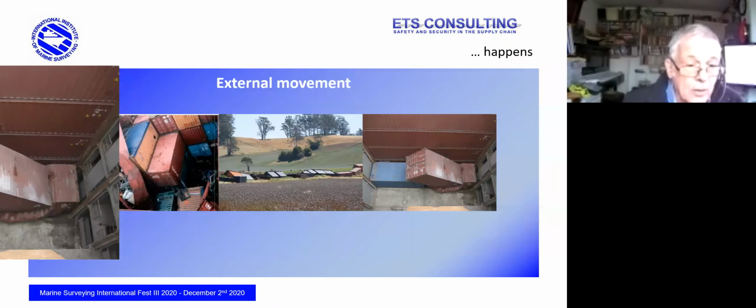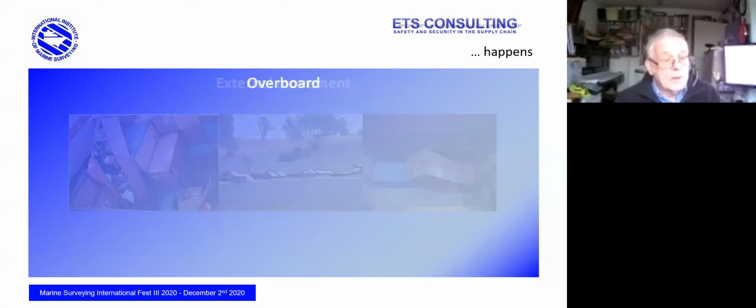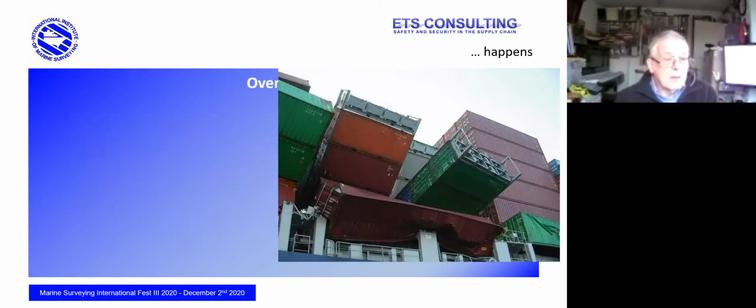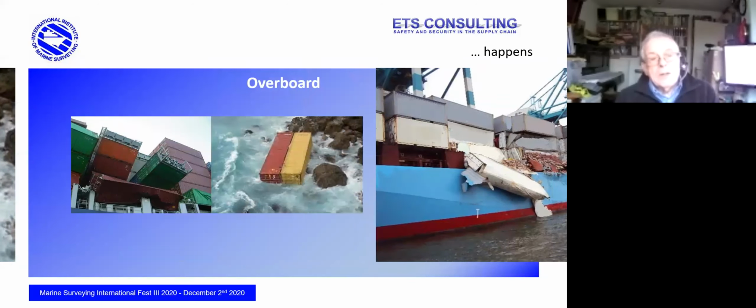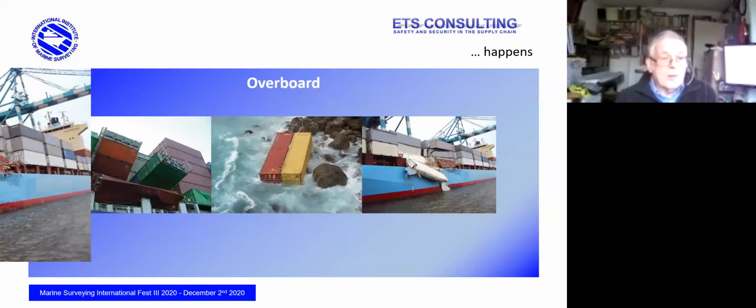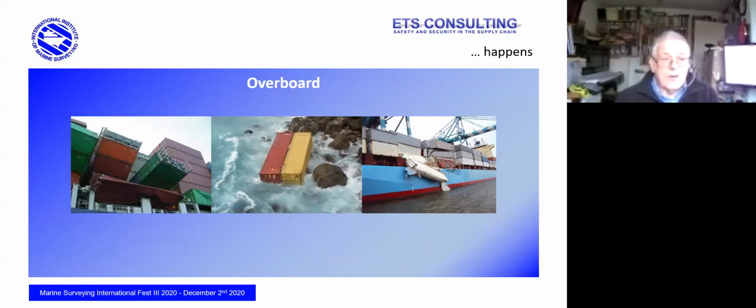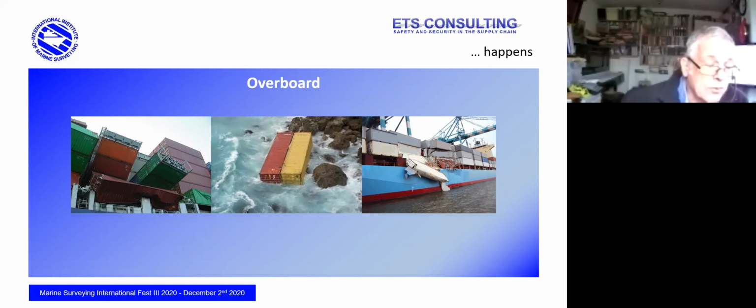And we get lots of poor packing, including containers being dropped from spreaders. Ultimately, containers are lost overboard, and the World Shipping Council has published a list of containers lost overboard, and it's not that many. It's a very, very small percentage, less than 1/100 of 1% of those containers that are transported around the world. But one container being lost overboard is probably one too many, especially if it's carrying something particularly nasty.